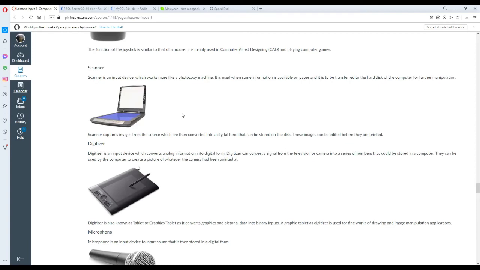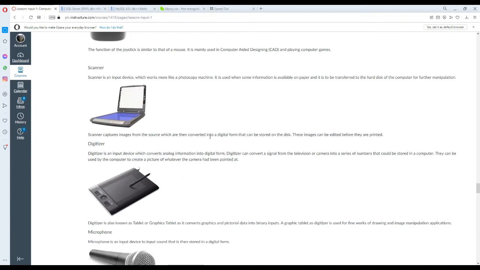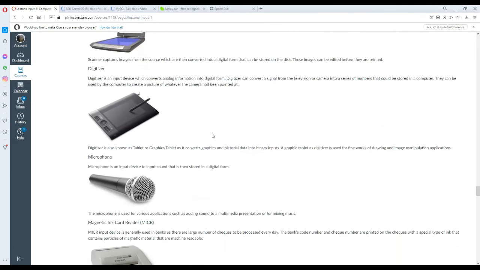During this time, I think most of you are using your cell phone as a scanner, but a scanner is very similar to a photocopy machine that is connected to your computer and is able to digitize hard paper copies of documents into digital copies. The digitizer. So the digitizer is an input device that can convert